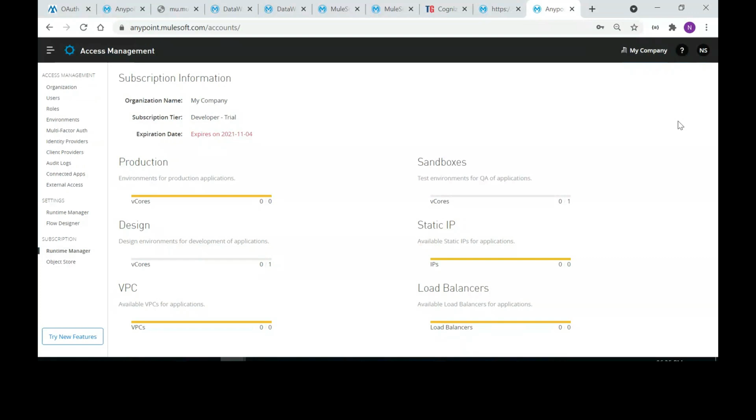What is a worker here? A vCore is, as you said, an EC2 instance. Increasing the vCore is vertical scaling. If you change 0.1 to 0.2, that is vertical scaling and you will get 1 GB RAM. Horizontal is when you increase the number of EC2 instances from 1 to 3, for example.